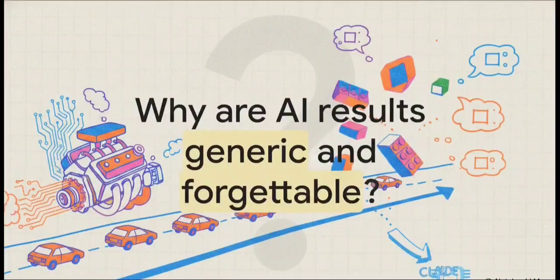So why are your AI results so generic and frankly forgettable? Have you ever typed a quick question into an AI and gotten just a totally useless robotic answer back? And after a few times, did you just kind of assume, well, I guess this is just what AI does? Now, that workflow isn't exactly wrong, but it's a lot like buying a high-performance sports car and then only ever driving it in first gear to go to the grocery store down the street. Sure, it works, but it's definitely not what the thing was built for.